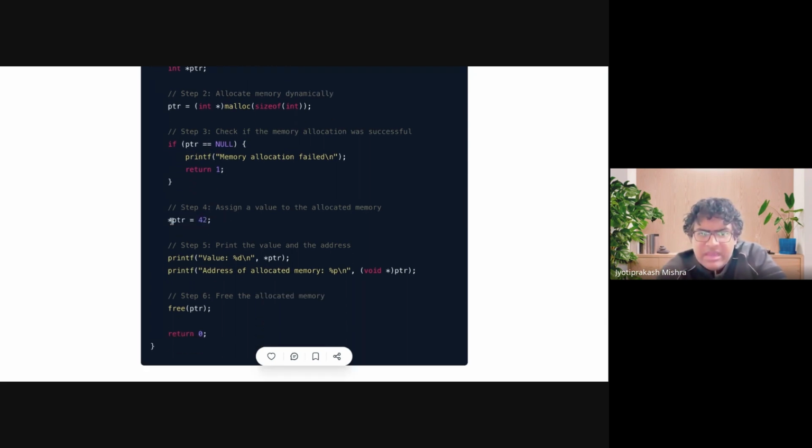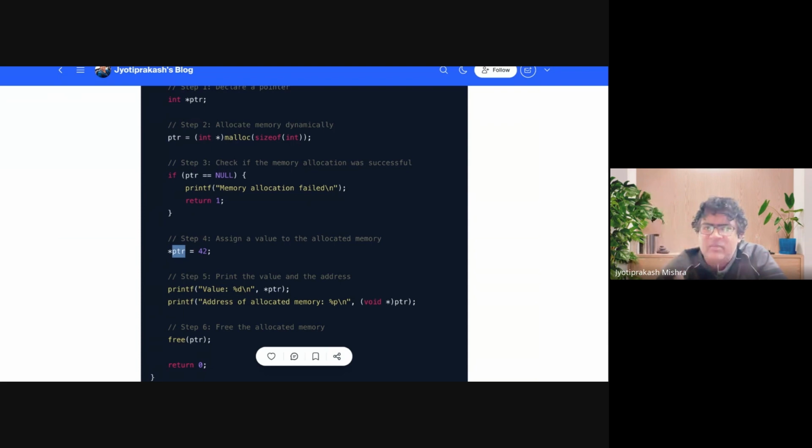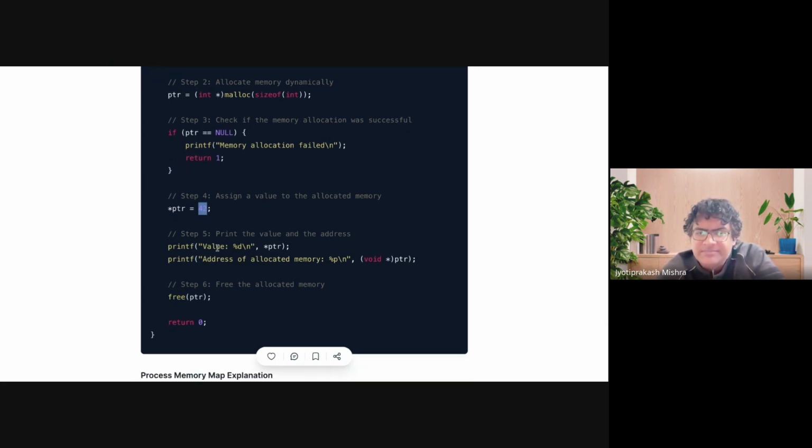अगर कर गया तो जो करना है करो, वहां पे वैल्यू रखोगे, घर बनाएंगे, ये ऑपरेटर यूज कर लो। ये क्या है? डे रेफरेंस ऑपरेटर, मतलब पीटीआर के अंदर जो वैल्यू है, जो कि एड्रेस है आपको मालक ने वापस किया है, वहां पे जाओ और ये लेफ्ट साइड में है तो उसका वैल्यू तुम 42 कर दो, ठीक है? और यहाँ पे हम उसका वैल्यू प्रिंट भी कर सकते हैं, ये हमें 42 प्रिंट करेगा, और ये क्या प्रिंट करेगा? जो एड्रेस जहाँ पे वो 42 स्टोर्ड है।